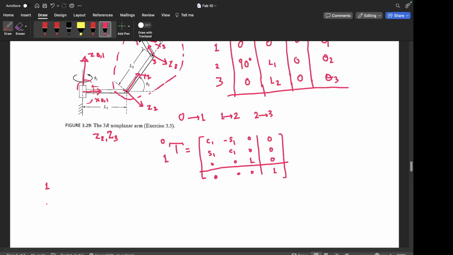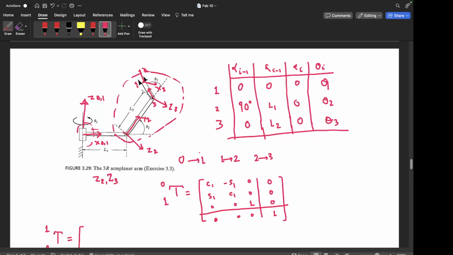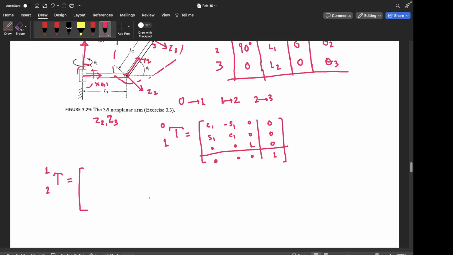And then let's write 2 to 1. What's different in 2 to 1 is that there is a rotation about z by theta 2 and about x by 90, right? So for this, the writing is slightly more involved. I will write it directly here, but you can